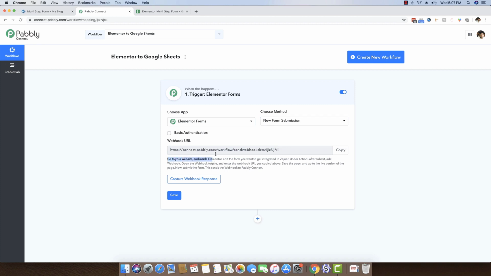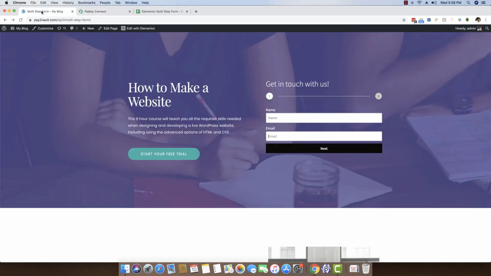Now we need to add this webhook URL inside Elementor, so that whenever a submission happens inside Elementor, we will be notified of that submission inside Pabbly Connect. You can go through this entire description right here, but currently I'm just going to show you the demo. So the first thing you have to do is copy this webhook URL, then